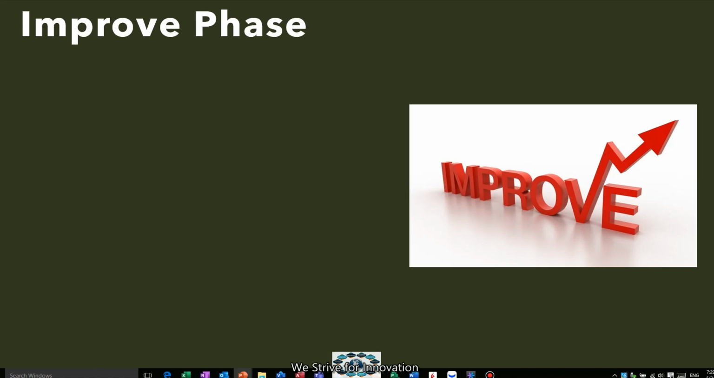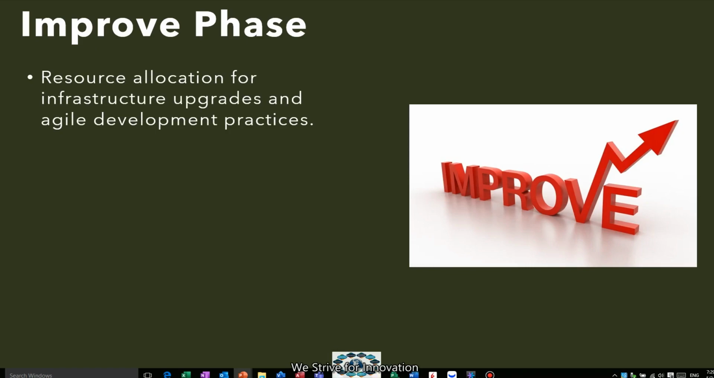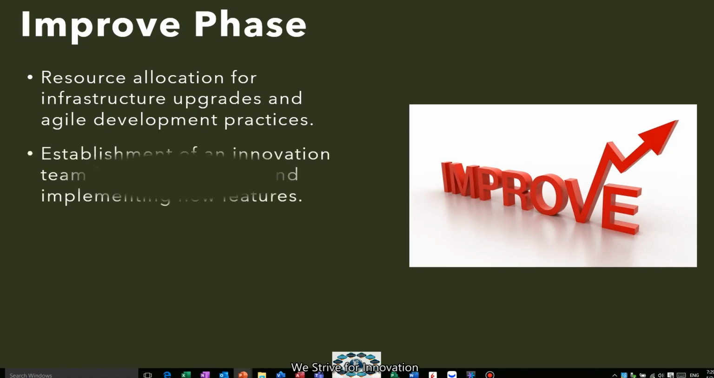Now comes the improve phase. In the improve phase, what you will do first, your action plan. You allocate resources to upgrade the infrastructure, and implement agile development practices to enhance the response time. That's what the customer is concerned about. Then you will have an innovative initiative. You will launch what? A dedicated innovative team. Their job is to brainstorm and implement new features such as AI-driven recommendation and personalized experience,